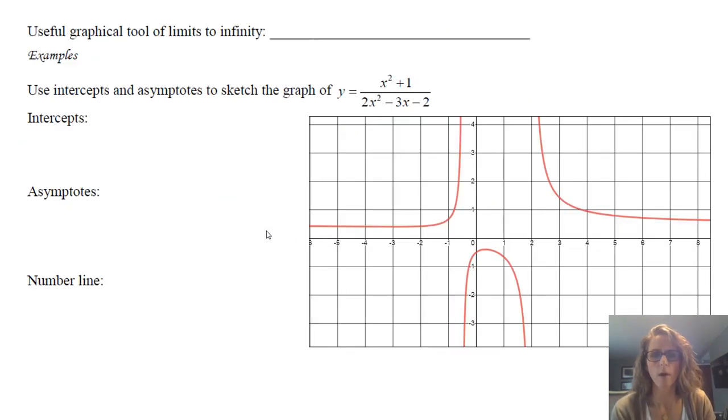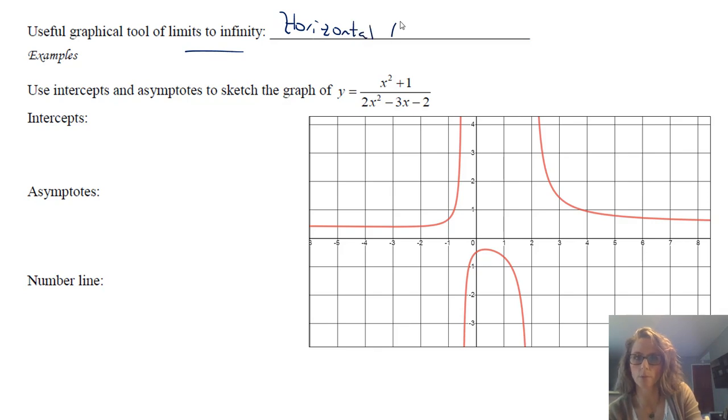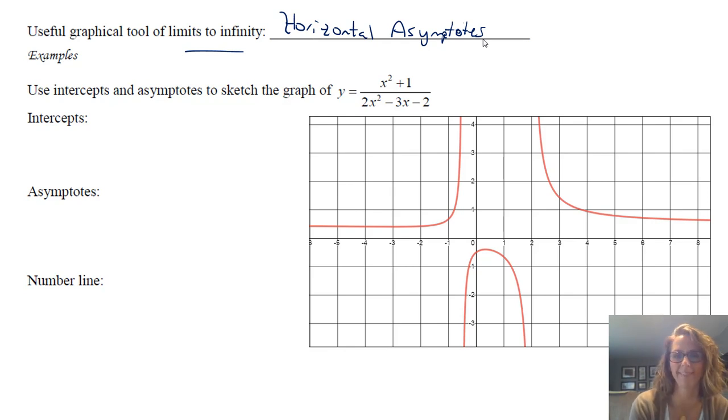And then the last part of this section is just how this helps us graphically. So when we start graphing functions, well, we talk about graphing functions in the next section. The fact that limits to infinity help us is because they help us with our horizontal asymptotes. And that's really asymptotes. Okay. You can look that up if you need to.